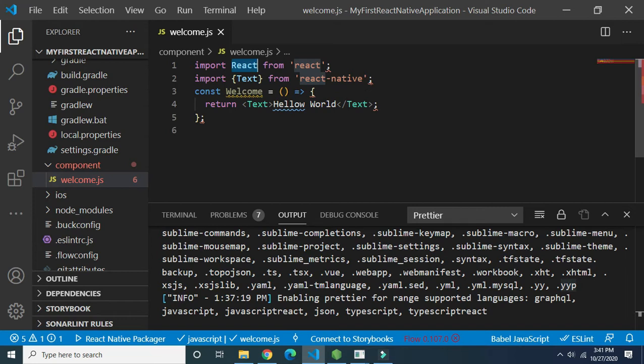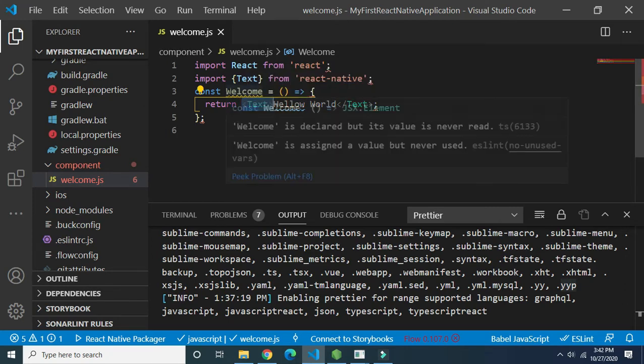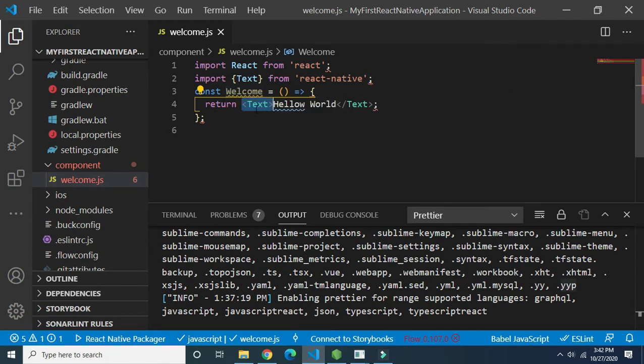Here we use this Text component, but it is a JSX component, and if you want to execute it on iOS, then it has to be converted into text of iOS. Otherwise, on Android, this React Native Text component has to be converted into TextView of Android. That conversion is done by using this module.